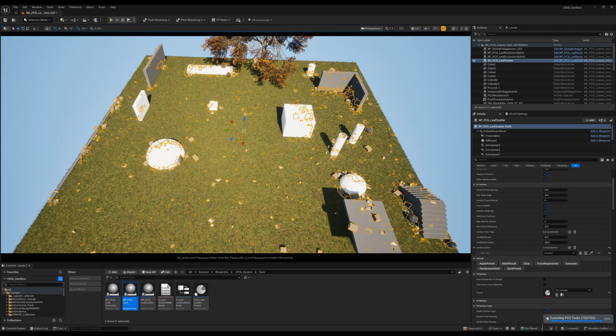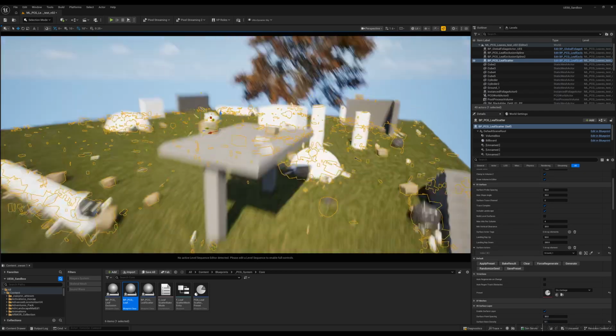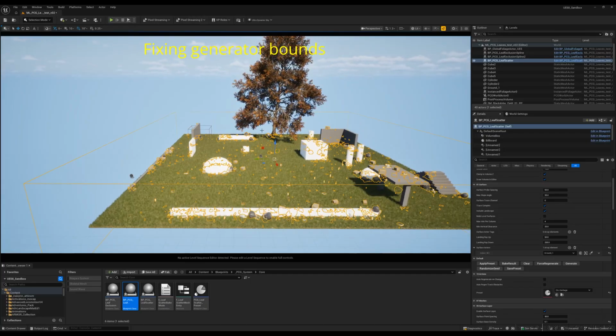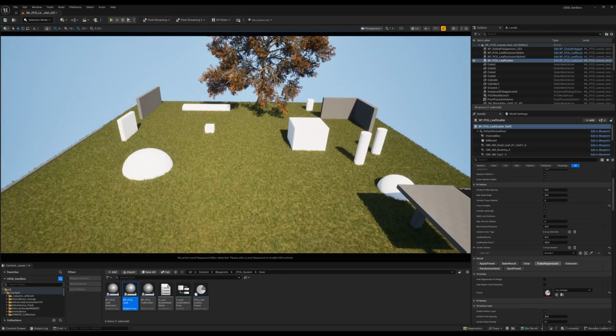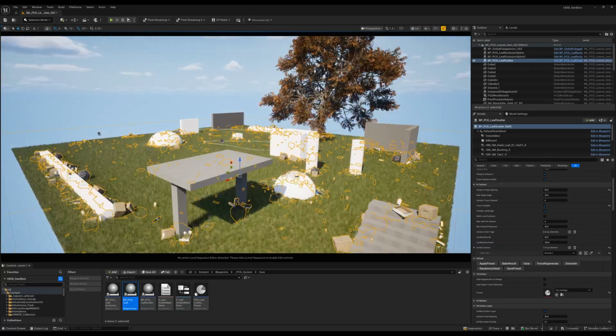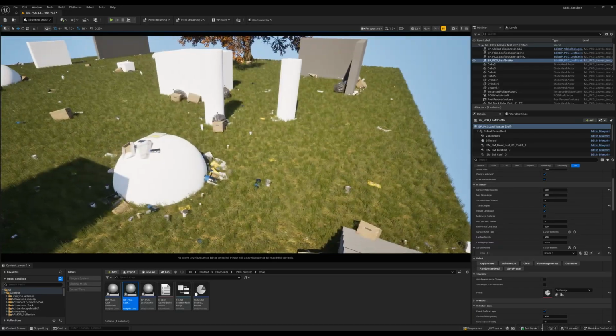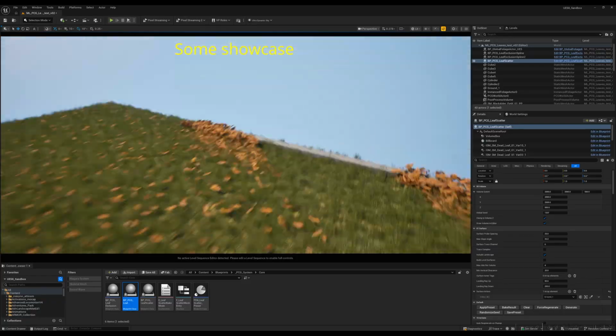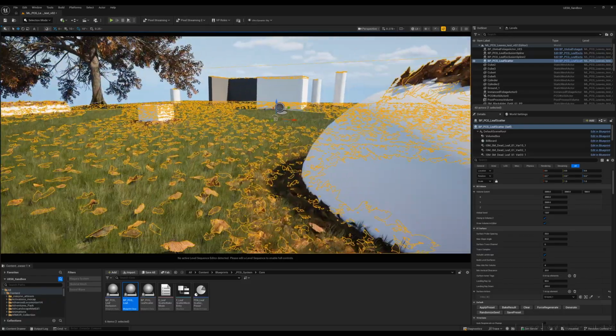When the look is approved, you bake it. One button turns the result into permanent, optimized geometry. Instanced meshes or a packed level actor you can reuse in another level or hand off to the library. From that point it lives without PCG, and the original actor stays right where it was, ready to regenerate whenever art direction changes. As you can see, there are a lot of parameters that you can change or tweak during